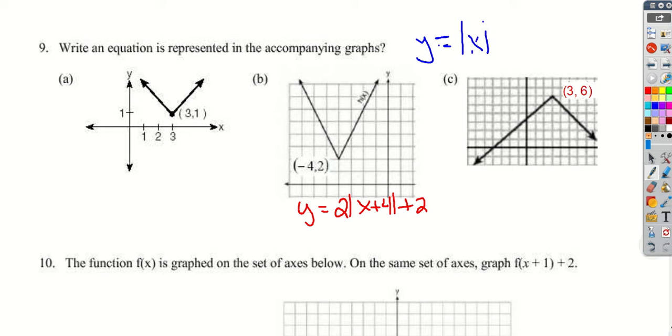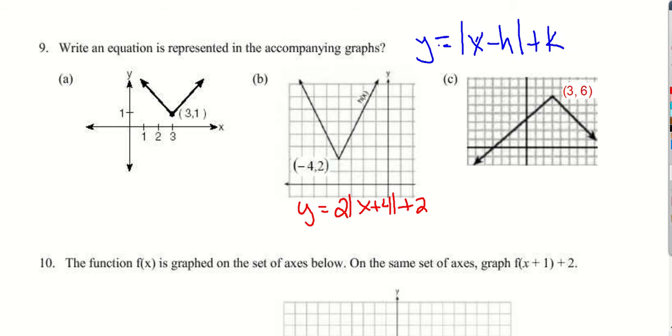And in vertex form, it's x minus h and then plus k. So remember, we're moving left and right with the h, and we're changing the sign of the number when we plug it in, and the k stays the same sign, it goes on the outside. So we can see with this being 3, 1, we know that h is equal to 3 and k is equal to 1. So my function is going to be y equals, or f of x equals if you want,